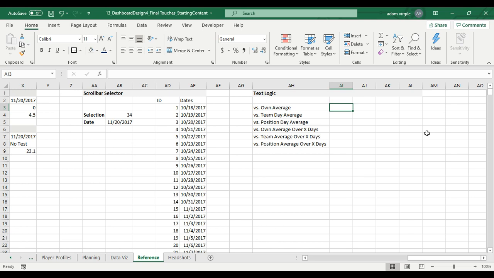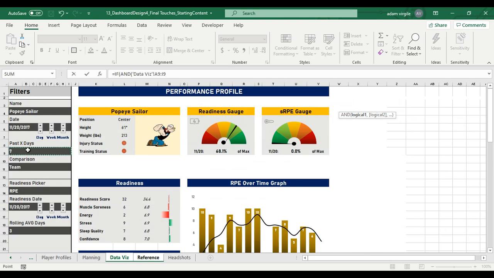So I'm going to start off with the own average, and that's if and equals if and. The first thing that has to be true is this, and it gives A9 to I9, but you don't need this, and it actually makes it not work. So let's erase the I9 and put $ signs around the A and the 9. That's essentially saying this cell. If that cell is less than 1, which would mean that it's blank, essentially, and comma, this cell, again, I'm going to erase the I, I don't want it, and this cell is equal to